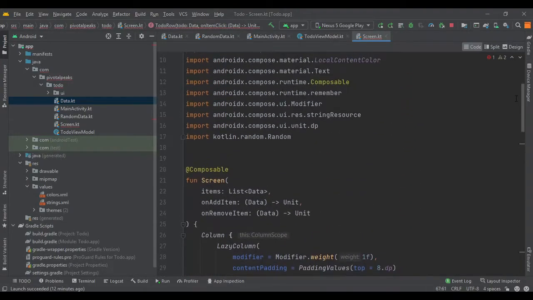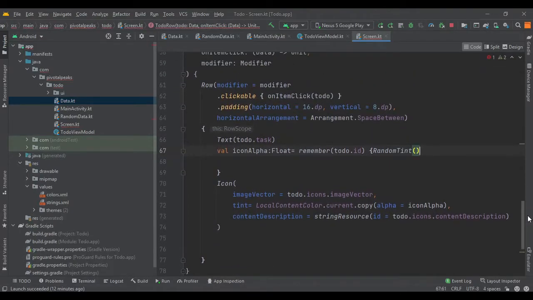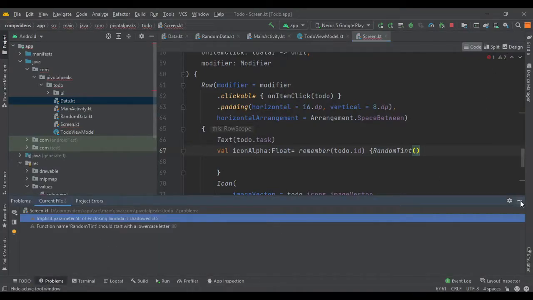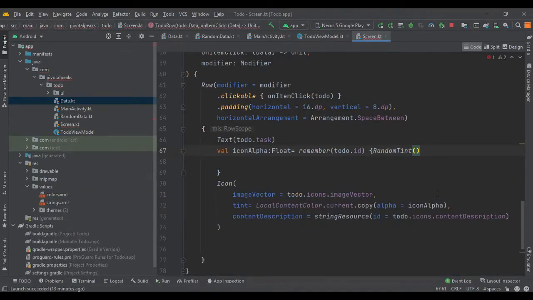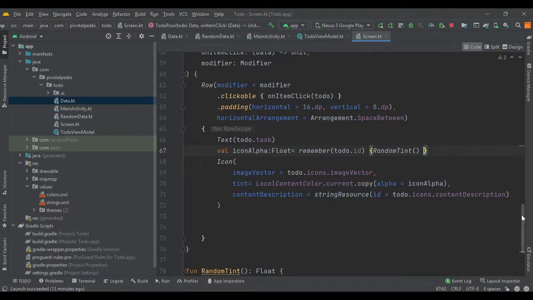And I'm getting some errors, can't see where, but there are some errors. Where is the error? So a remember function has two parts.